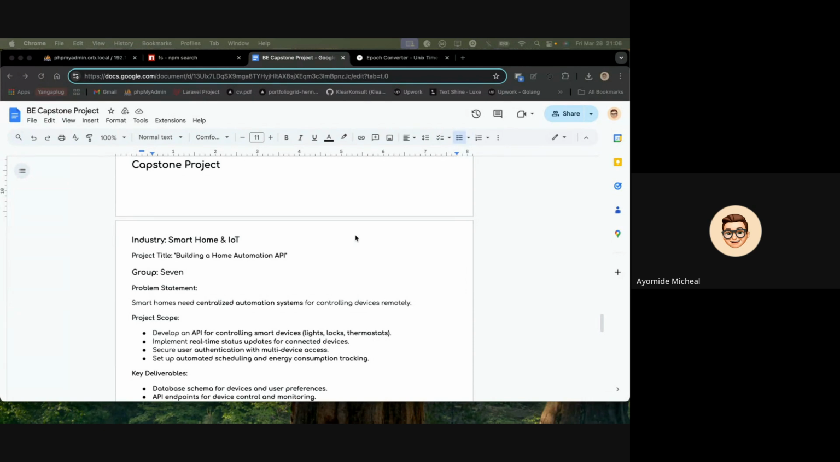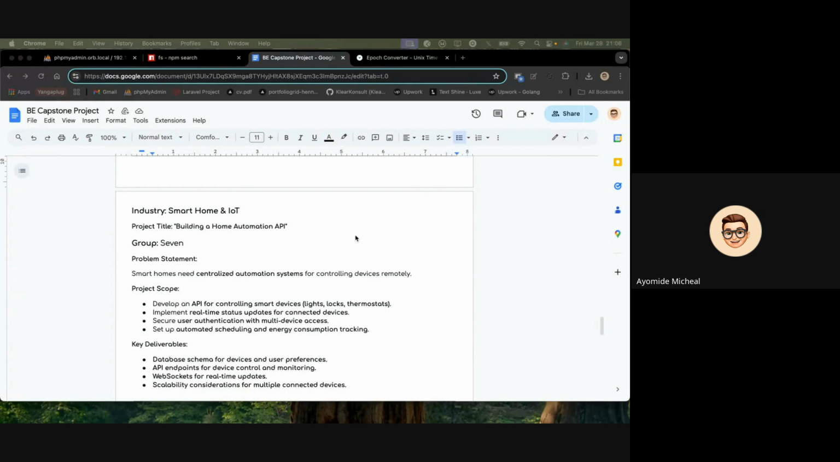So your project is building a home automation API. You may want to look this up. Mostly all these devices, you'll be able to connect one hardware to the internet and synchronize with your app, with your API. You want to look that up. It's on user control, user authentication with multi-device access. Multi-device access is very simple. Just allow the user to be able to log in with multiple devices. Set up automated scheduling and energy